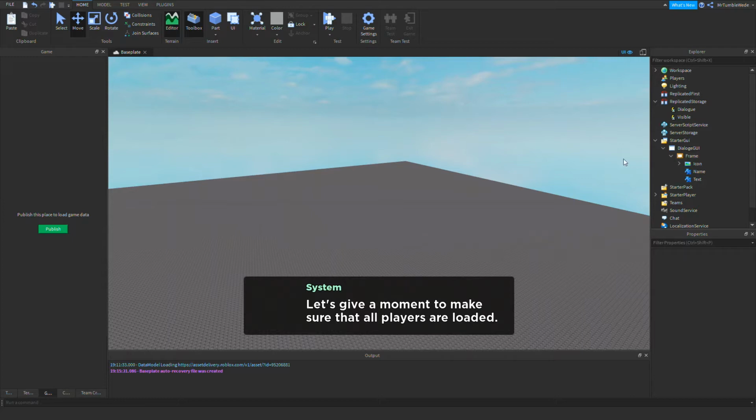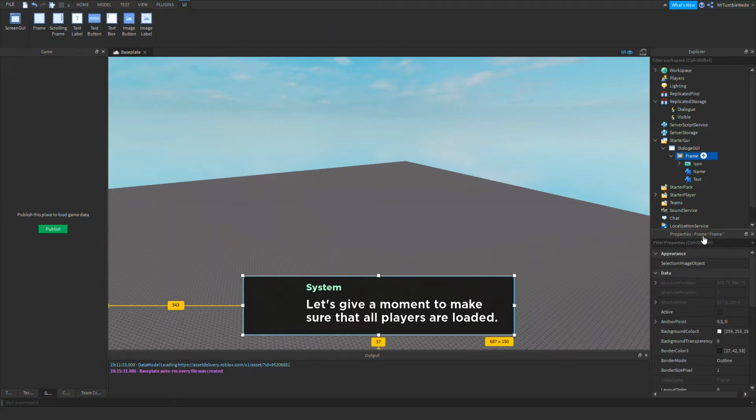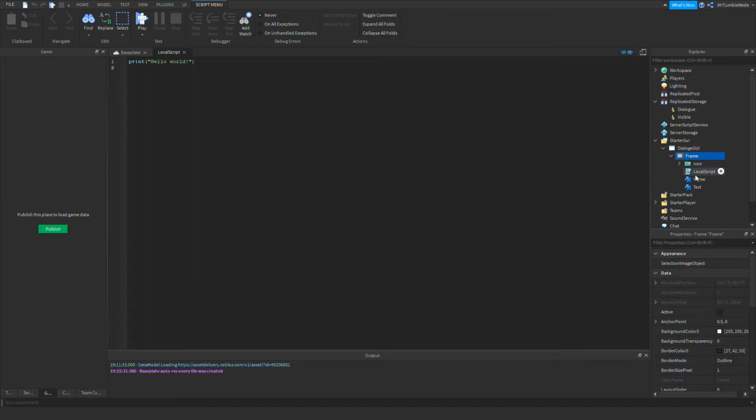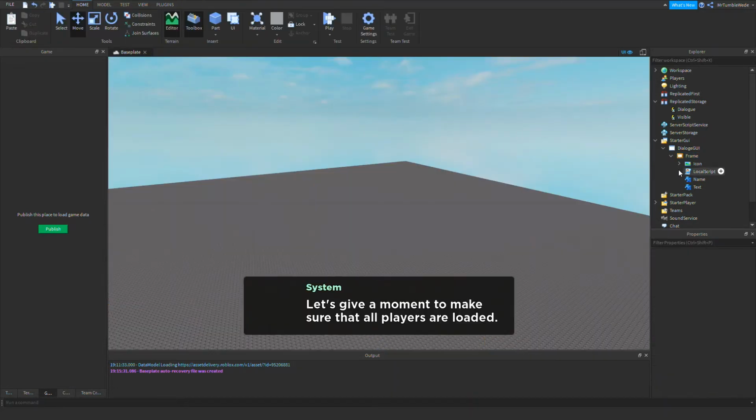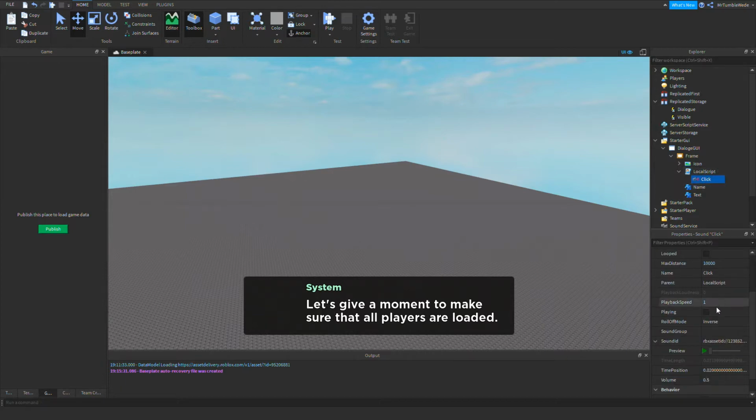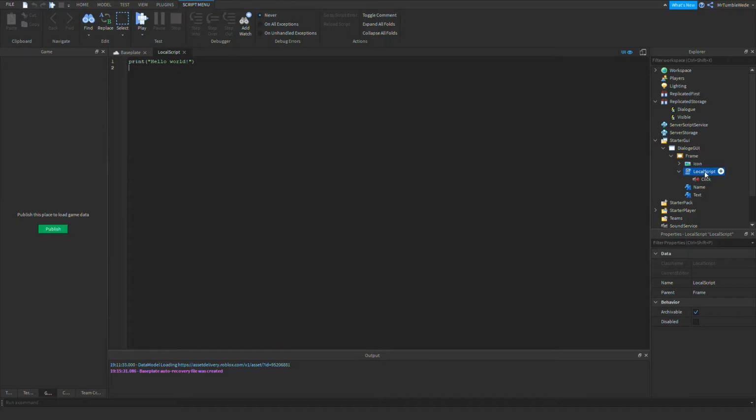Okay, so what I want to do is add a local script inside my frame, and this is optional. Most dialog UIs have sound to them, like a type sound or a click sound. So I have my click sound. Yeah, you can't really hear it. Okay, so now in our UI, I also forgot to mention that this dialog UI